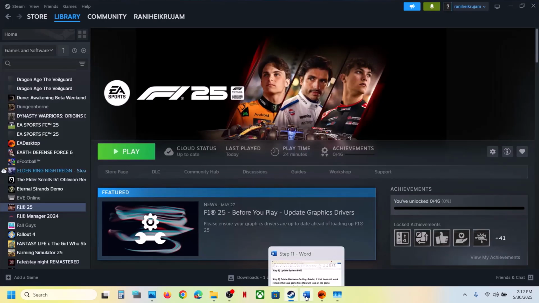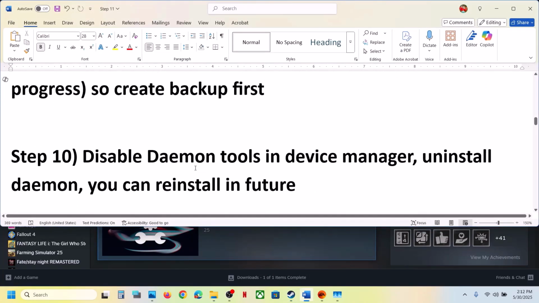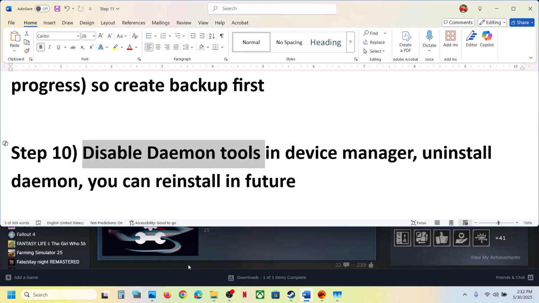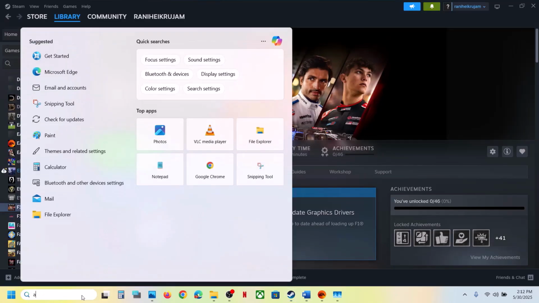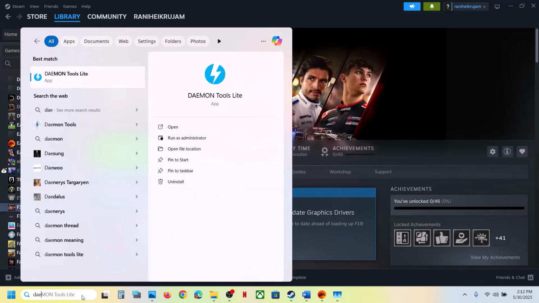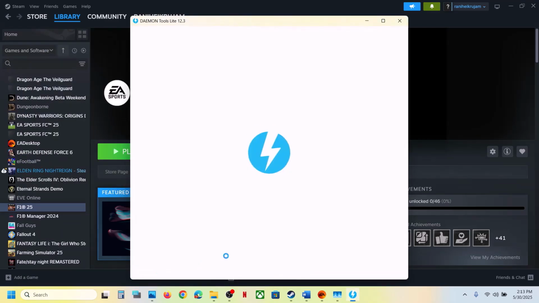Now the next step is to disable this Daemon Tools in Device Manager. You can uninstall it, and whenever you want you can reinstall it once you're done playing the game. If you have this software or application running on your computer, then in that case make sure that you close this if